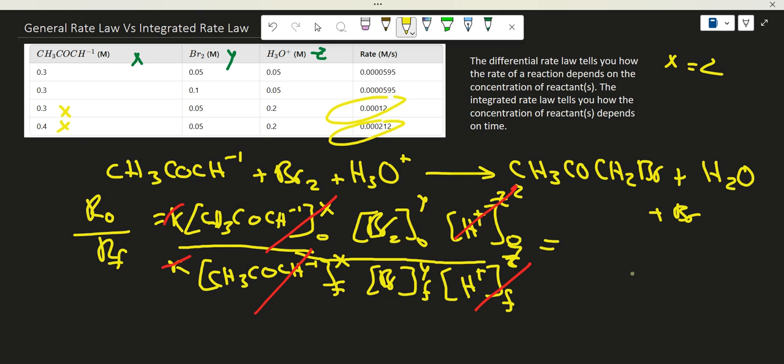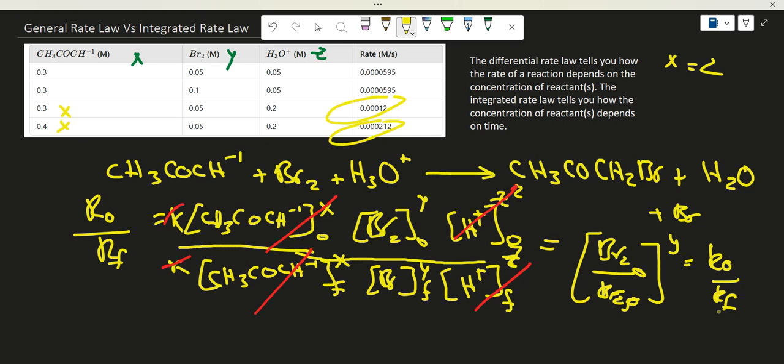So what are you getting? So you're gonna have Br2 to the y, so this is gonna be the same thing as Br2 divided by Br2, initial, sorry, final and initial here. That's the power of y equals R initial over R final. So Br2 initial in this case will be 0.05, and final is 0.1, raised to the power of